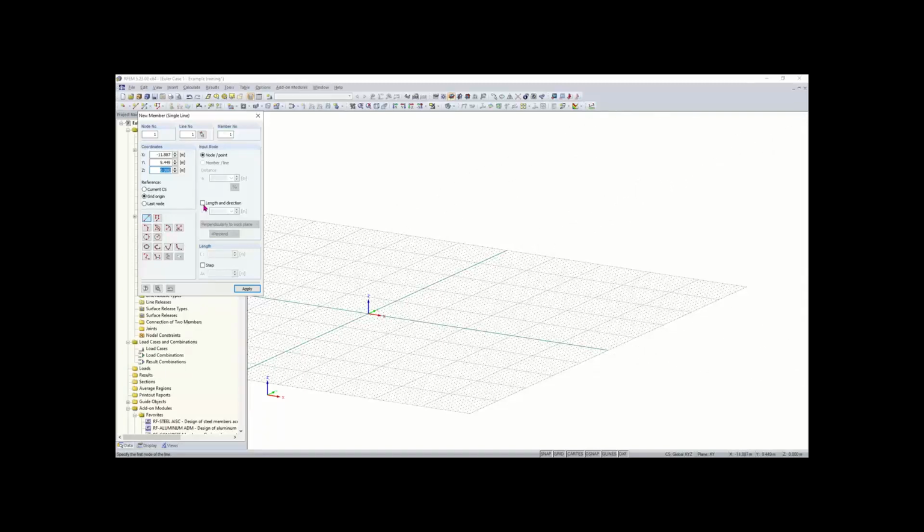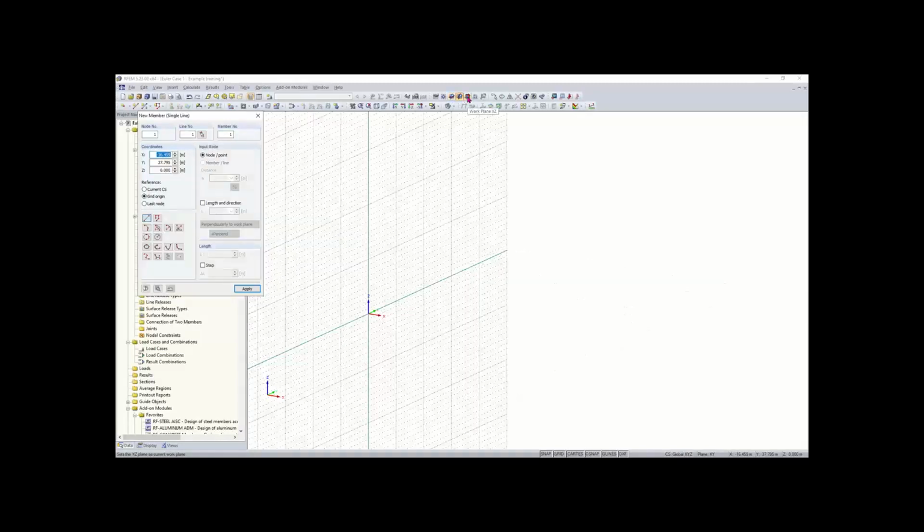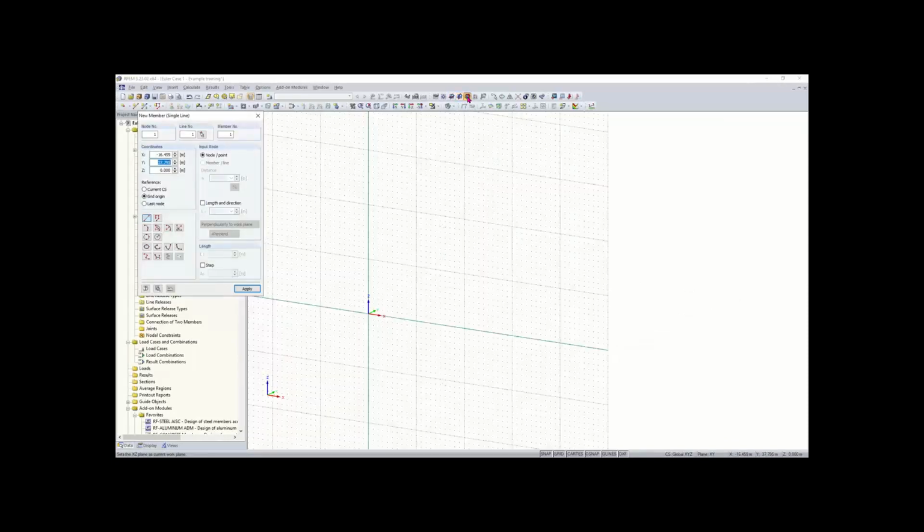What I can do is check off this box here called length and direction, and I can set this perpendicular to work plane if I want to draw it perpendicularly. Or what I can also do is just change my work plane up here using these buttons. So right now it's set to work plane in the X and Y plane. I can change my work plane to the YZ plane, or I can change it to the XZ plane. I'll keep it on the XZ plane,